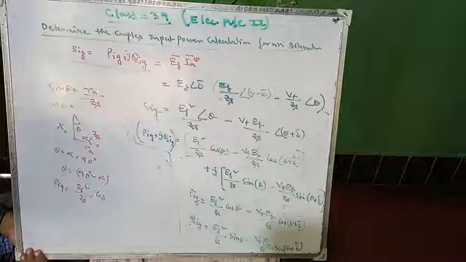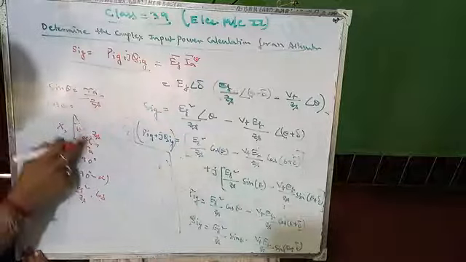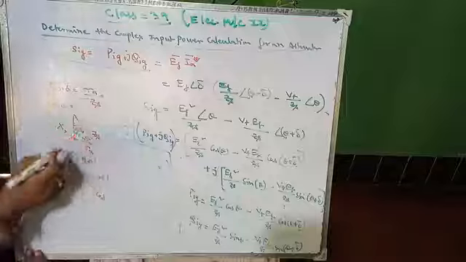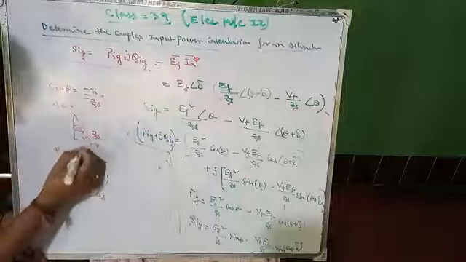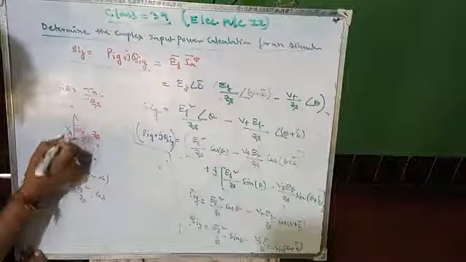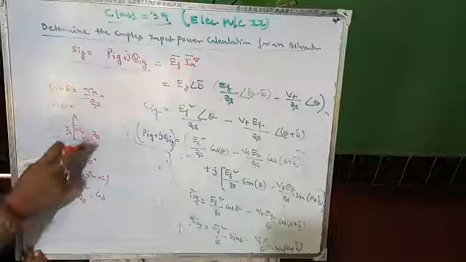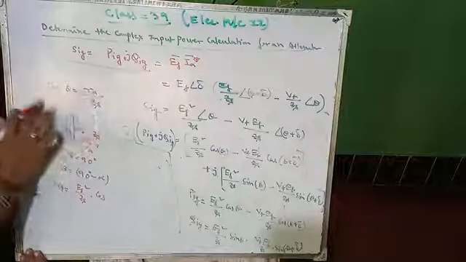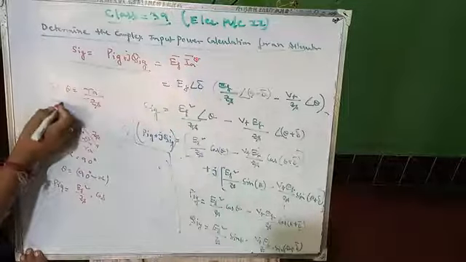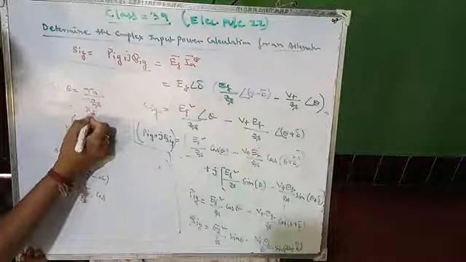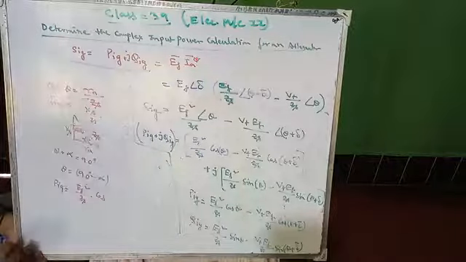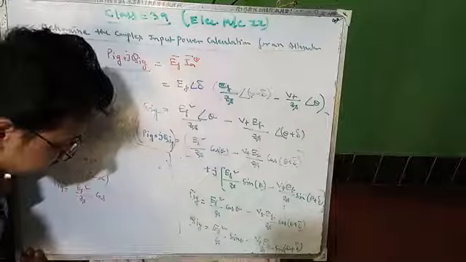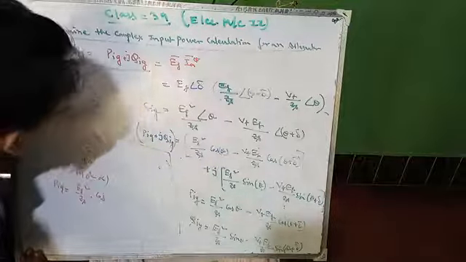So again, cos theta equals what? Actually this angle is theta, this angle is alpha. So if it is RA and XS, then cos theta equals RA by ZS, and sin theta equals XS by ZS, right? Is it clear to you? XS by ZS.